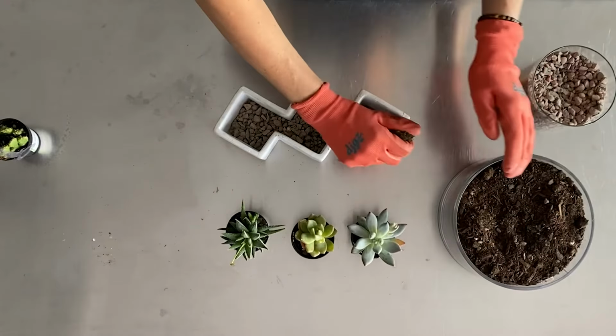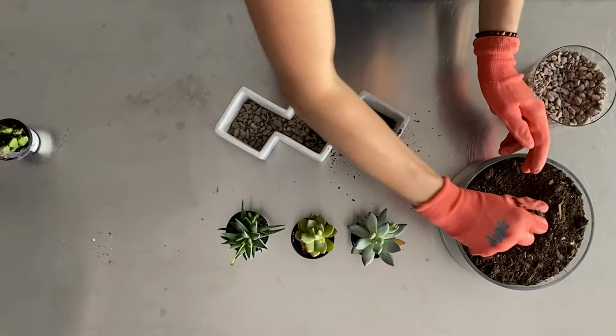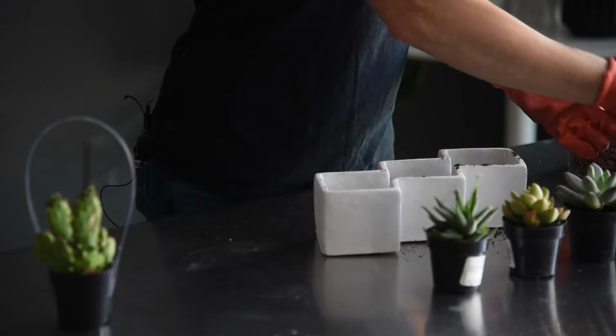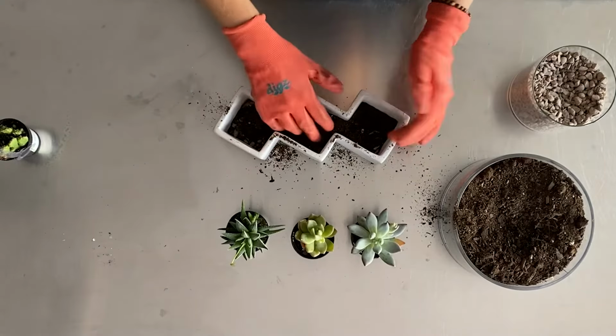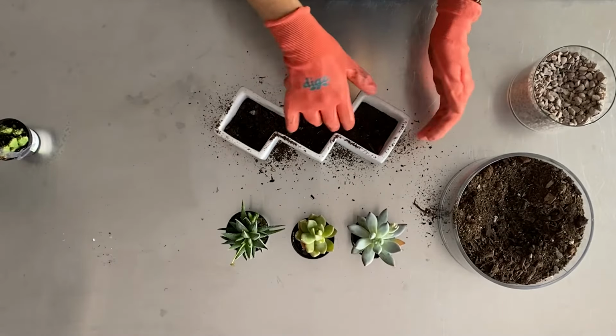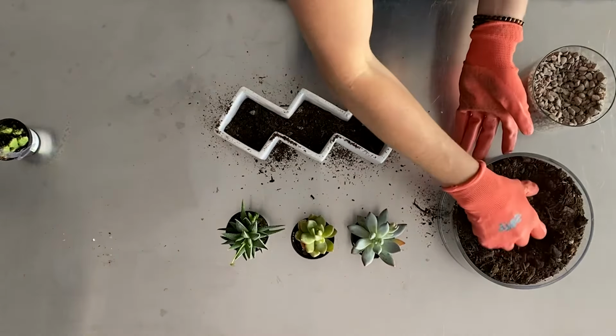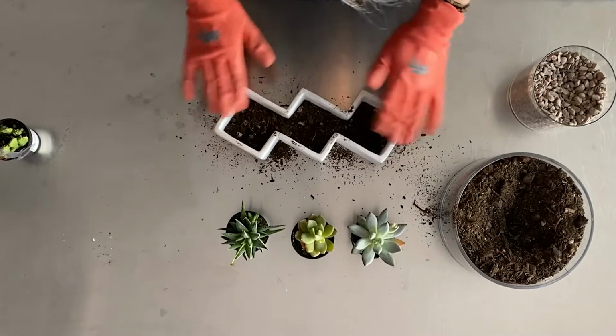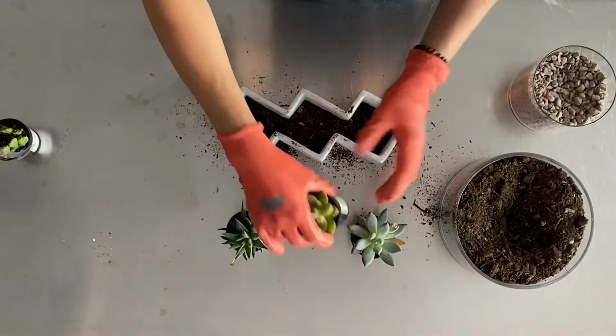So then you're going to take a little bit of your cactus soil and put it on the bottom above your layer of rocks. We always say in the workshop, make a mess, have fun. We always clean it up. Unfortunately, you're probably at home, so you're going to have to clean up your own mess. We're not there to help you with that. So maybe don't make a huge mess. I don't know. So you'll want to put a little bit of dirt over your rocks,